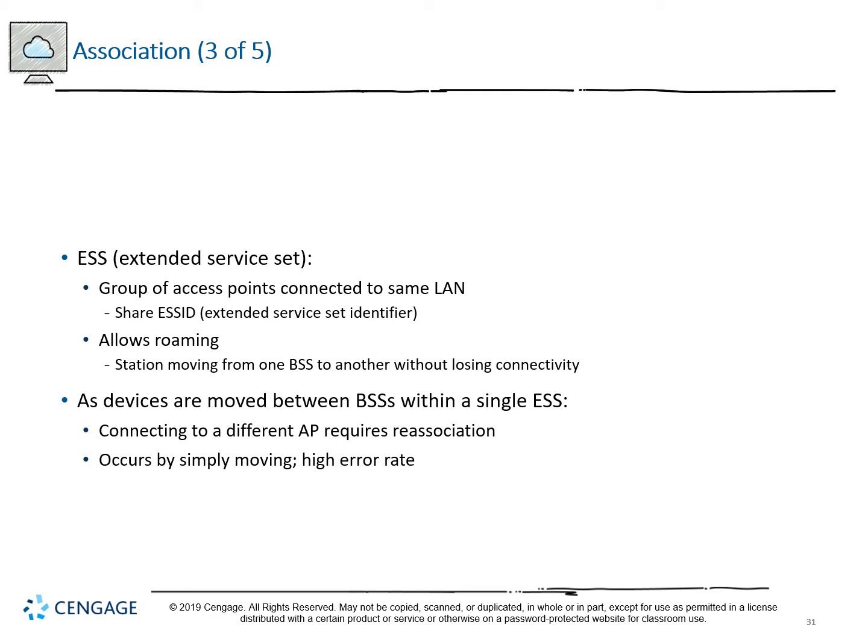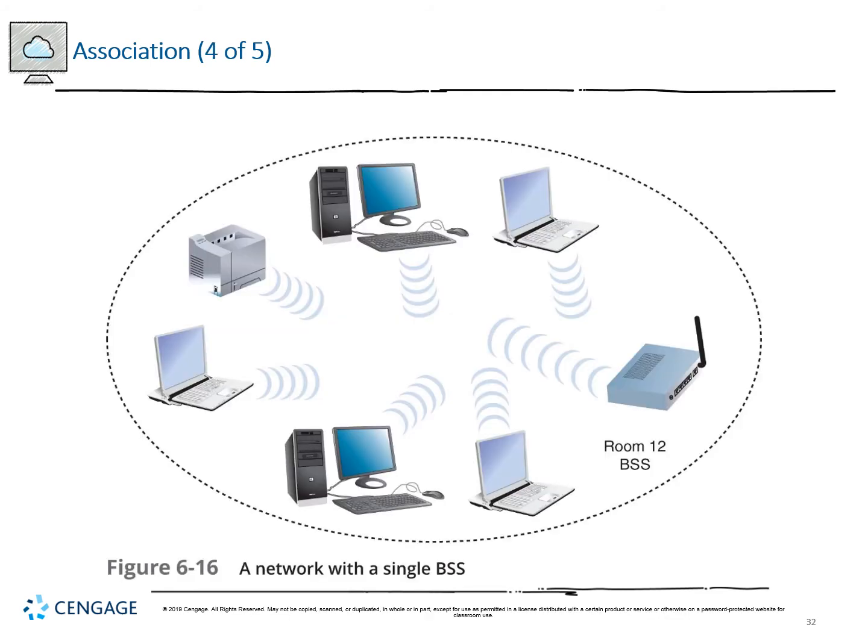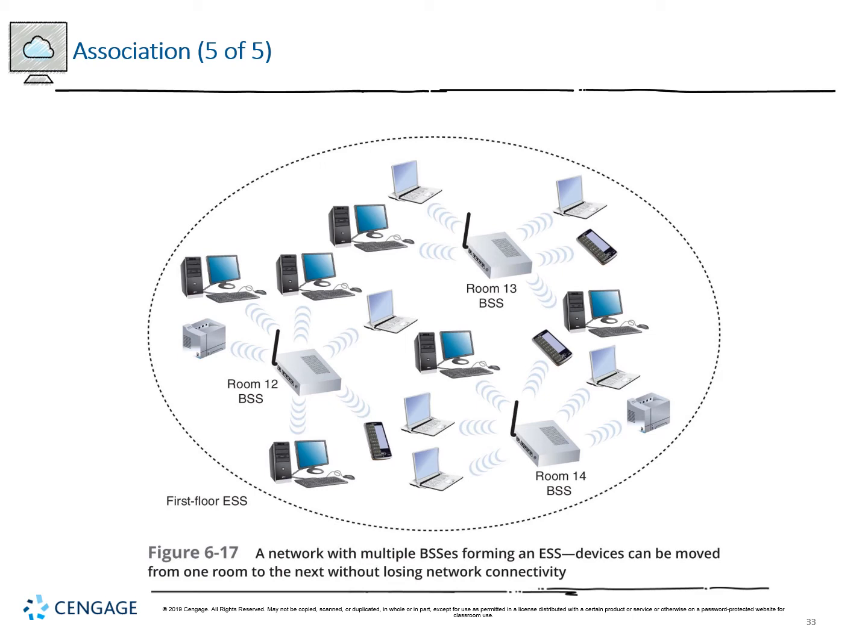called reassociation. Now, by simply moving from one zone of influence to another, there is a potential for a high error rate, especially if you have one access point within the ESS that has congestion. So here we see a single BSS network. Everything sends and receives from that one access point. Here we see multiple BSSs that will connect several devices together, and they're all within an appreciable range of one